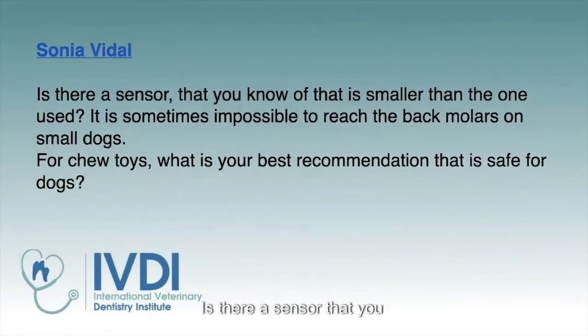Sonia asks, is there a sensor that you know of that is smaller than the one used? It is sometimes impossible to reach the back molars in small dogs. Yeah, there really is only the number 2, and that's what I use on everybody from a 3-pound Maltese to a 180-pound Irish Wolfhound. And it's all about, again, doing that troubleshooting and using your tube head in such a